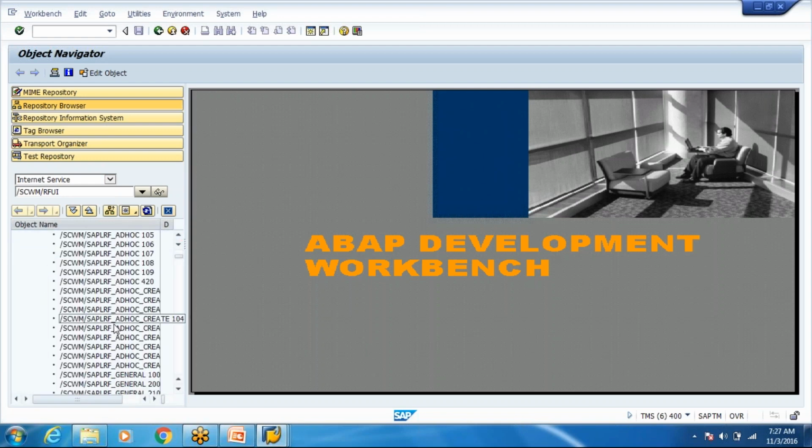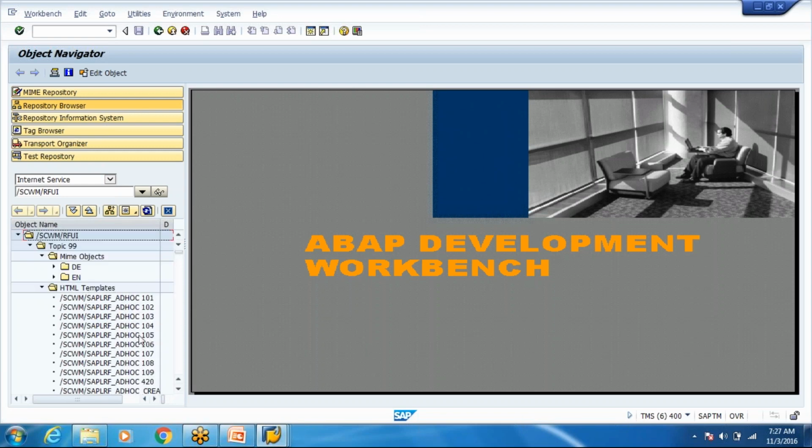I think people from ABAP might be well aware of how the service works. They create this screen, then they have to publish this template, and then they have to give us the screen numbers. All of this is mentioned in our RF cookbook, so you can check there also.